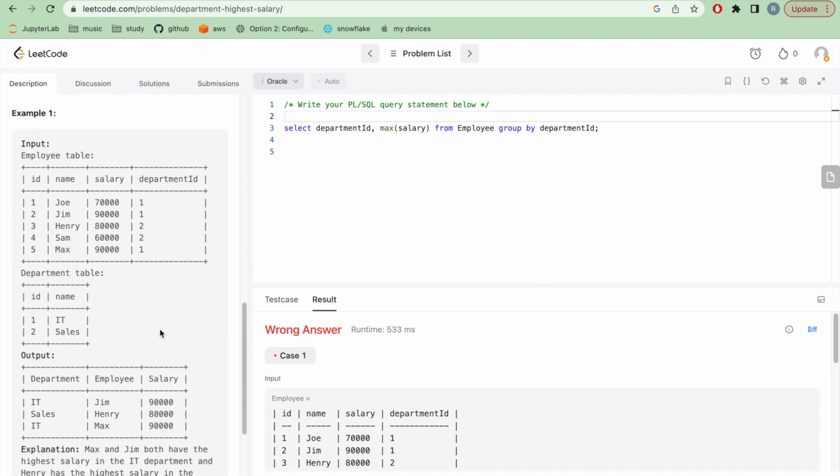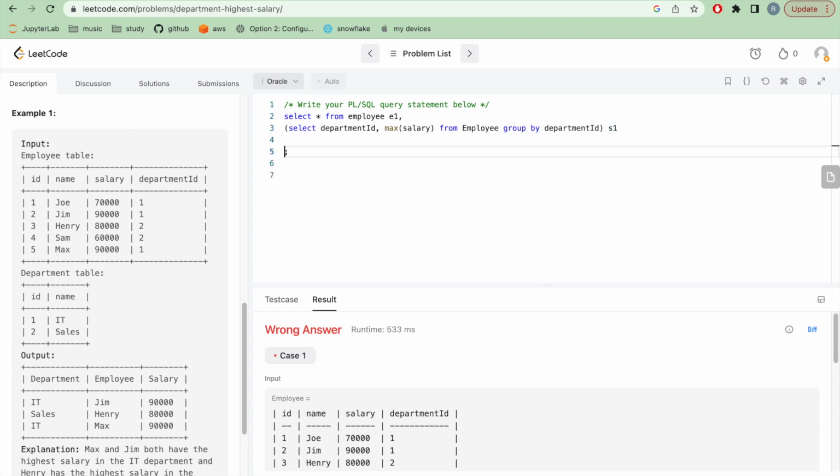Now the next step is I have to get the department name and the employee name. In order to get those two other columns, I have to join this query with the employee table and the department table. Let's do that. Select star from employee. I will call this as E1, and I'm going to make this as an inner query and call this as salary table,